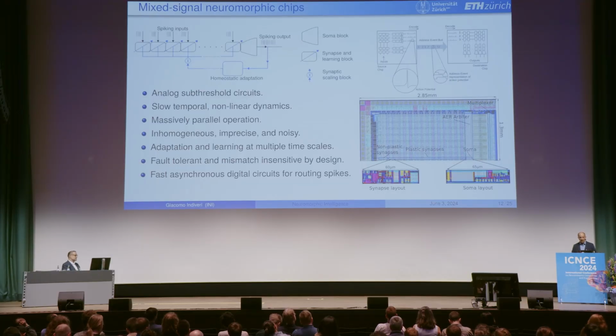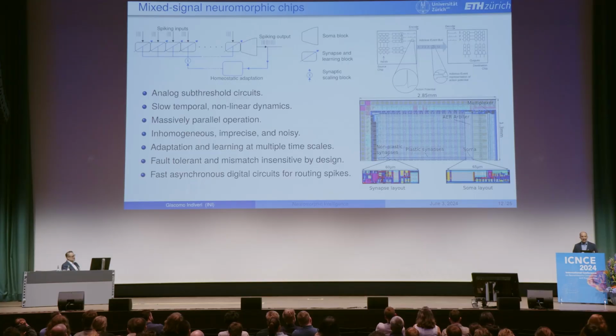And as I said before, the idea is not only to use analog circuits, but to embrace all the benefits of the technology available. So also to use fast asynchronous digital circuits. And the way we do that is that when all of this analog processing is going on in the synapses and in the neurons, as soon as a neuron spikes, we convert that spike into a digital word, with the address of the neuron. All the neurons have an address on the layout. So as soon as a neuron spikes, the address of that neuron is sent on a digital bus as fast as possible, without a clock. It's self-clocked in an asynchronous way.